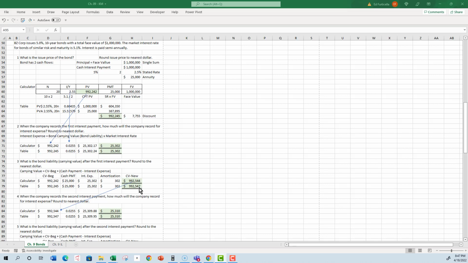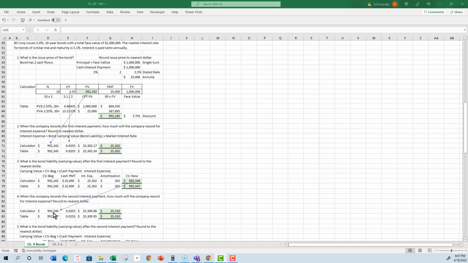Our carrying value goes up each period for a discount bond because at maturity, the bond has to reach $1 million. So every time we calculate a new carrying value, we will add that amortization amount to the prior period's carrying value. When the company records the second interest payment, the interest expense will be, again, based on the beginning carrying value from the prior period,